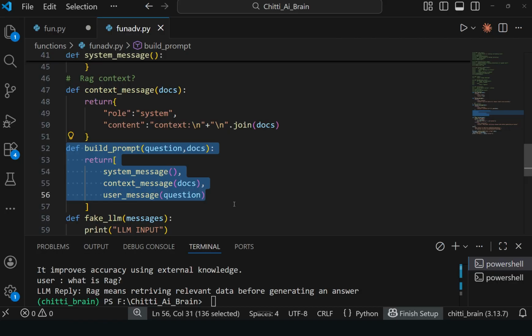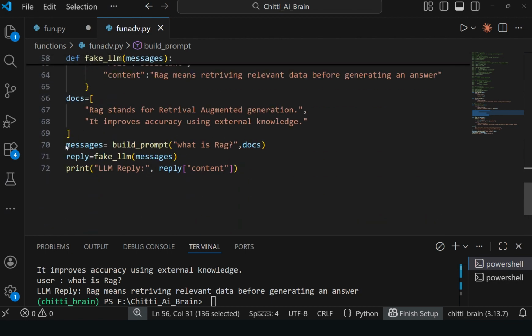Now let's see agent decision making, agent execution, in deep detail using our Chitti and generative AI style. Now we are entering a very important concept. Up to now, we were only sending messages to the LLM and getting replies. But real intelligence is not just replying. Real intelligence is deciding what to do next. This is where the idea of an AI agent is born.